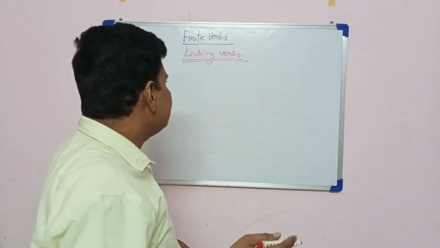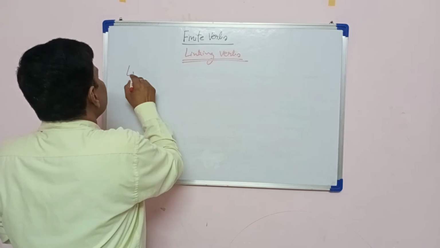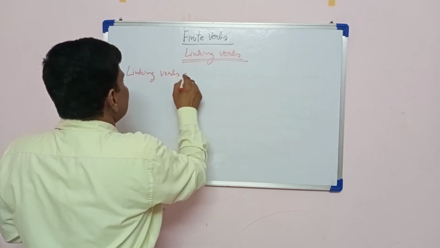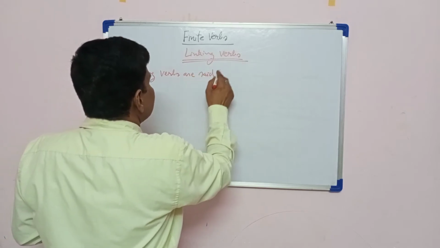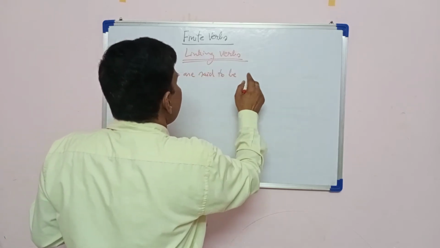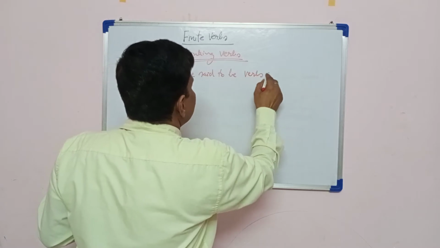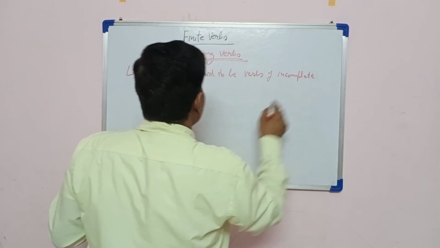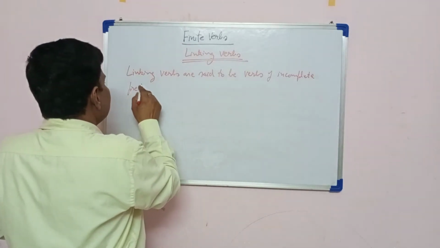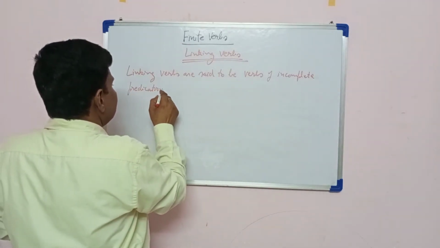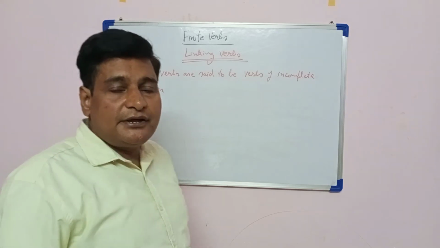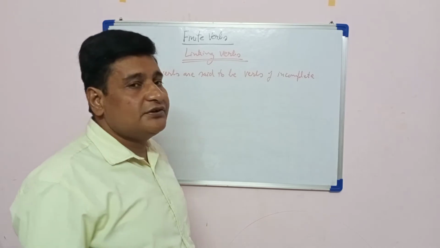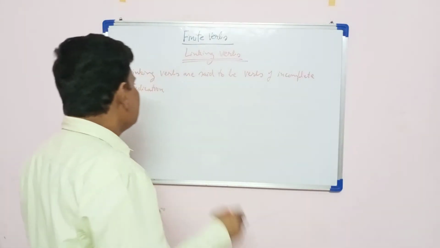What are linking verbs? Linking verbs are said to be verbs of incomplete predication. What does it mean? It means